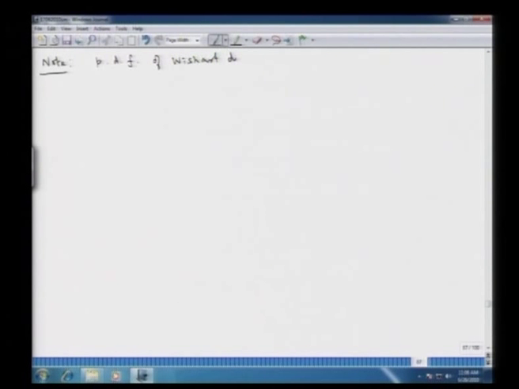Suppose we have a random matrix A, m by m, and suppose it follows a Wishart distribution m, n, sigma. Note that from the definition of the Wishart distribution, A is said to have a Wishart distribution